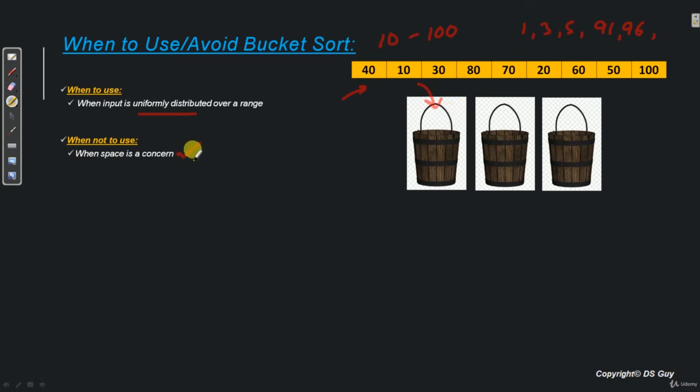Also, we should not be using bucket sort in case if space is a concern to us, because we use extra order n space. So bucket sort is little expensive in terms of space. So if we are little short in space, we should not be using bucket sort. Fine. So that is all about the bucket sort algorithm. Now in the next video, let's see one more sorting